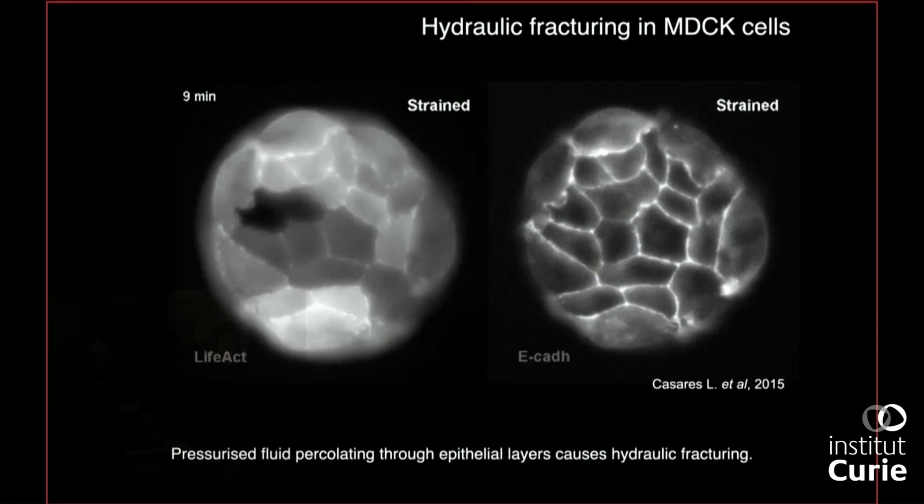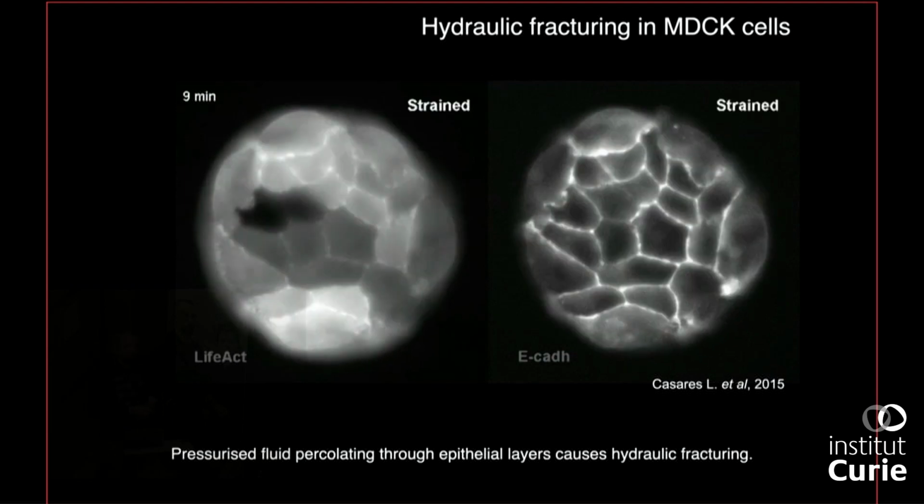So we thought that those structures resembled something which had been observed in this experiment here, where they have taken a monolayer, so now it's a 2D surface, and they have plated it on a circular pattern. And this is now plated on a hydrogel, and they stretch the hydrogel because they wanted to study the effect of stretching in epithelium. And then they release the stretch, and when they release the stretch, they see those fractures.